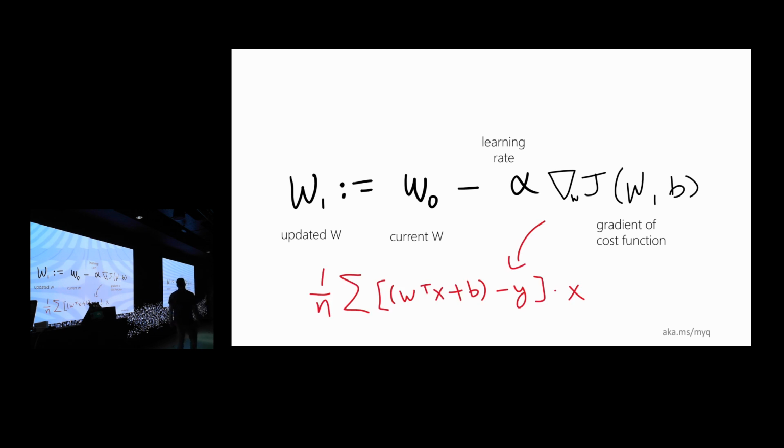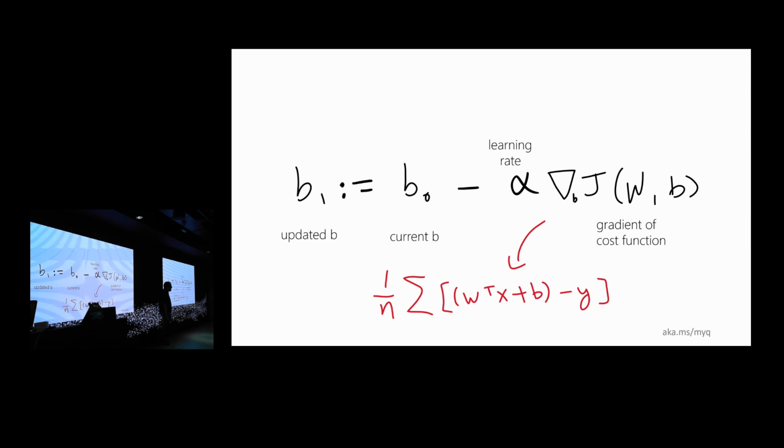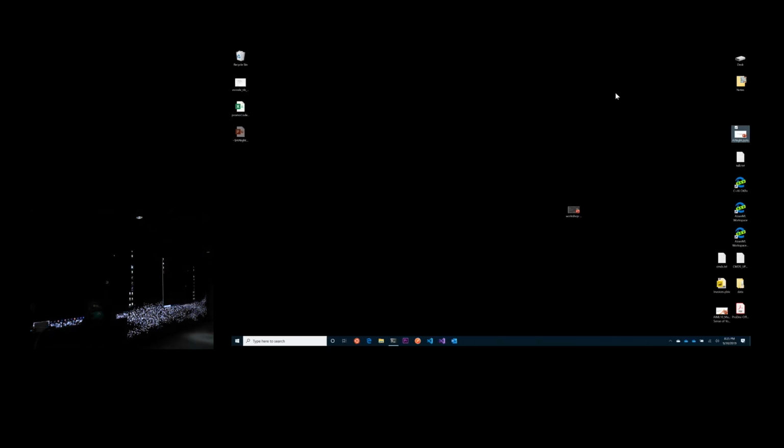By the way, if you're interested, I know there is an arithmetic error with my calculus, and I apologize. For those of you that found it, I'm sorry. The 2 did not graduate like he was supposed to. So there should be a 2. But this is the function for the derivative of the cost function with respect to W, and this is it with respect to B. And so basically, if you're looking at this stuff in NumPy, we load it up here.